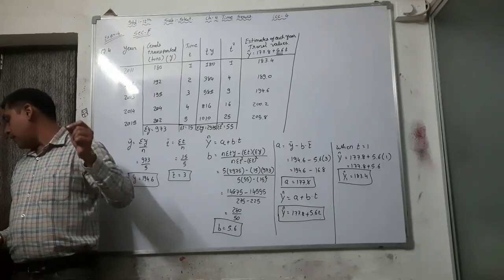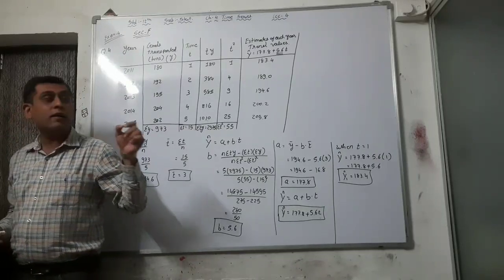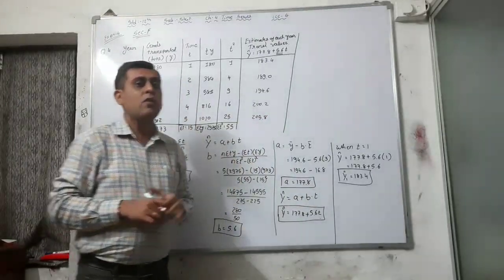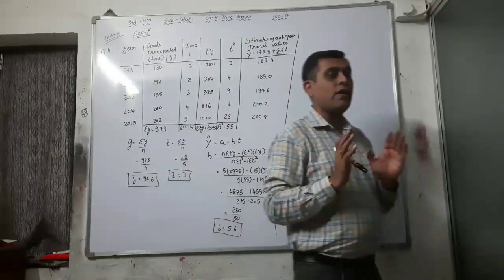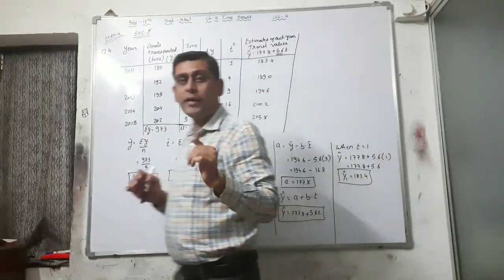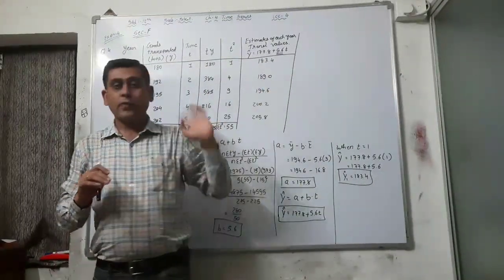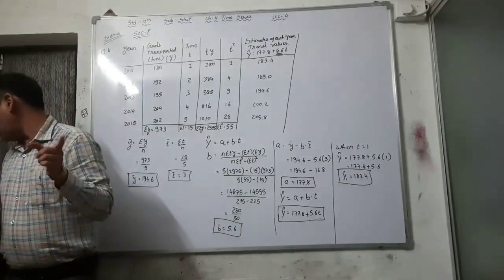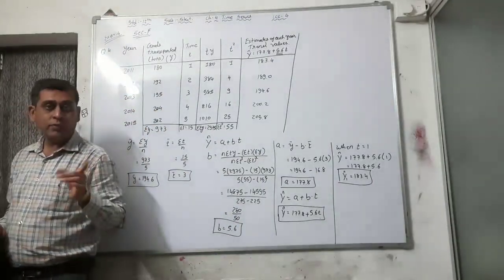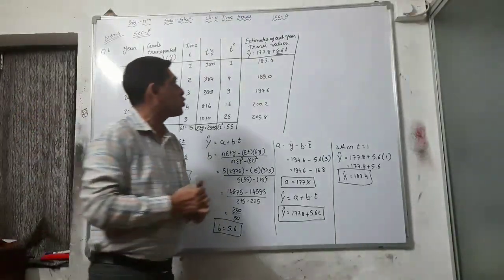Second one, and represent it by a graph. This value we have to represent in a graph, and this one is our regular lectures work. That's why we have to skip half a page for the graph, right? And the last question: also find the estimate for the year 2016. This is another practical question.